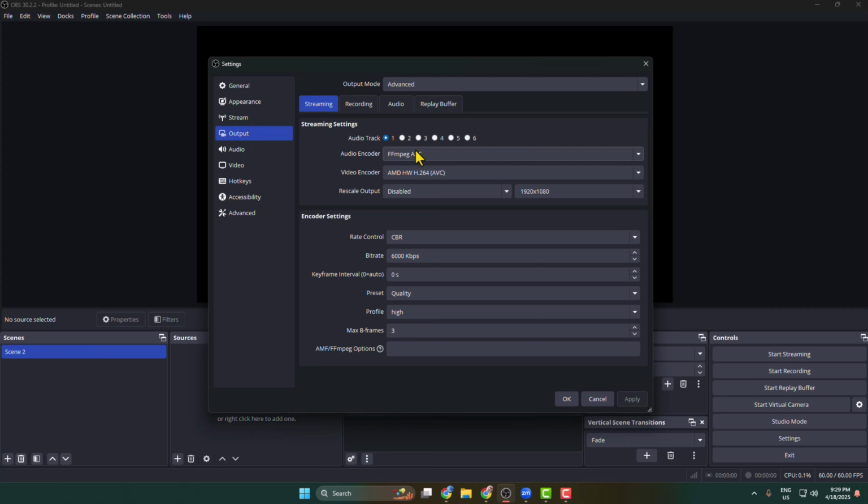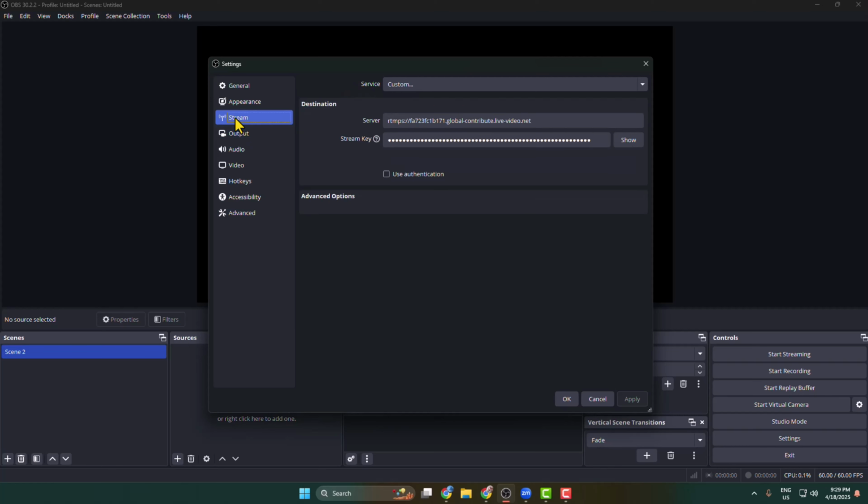Audio encoder select this option. Video encoder select here H.264, and rescale output select here. Disable. Then all you have to need, bitrate select 6000 kbps, and then click on apply and go to stream